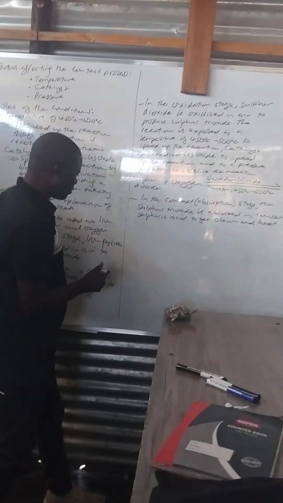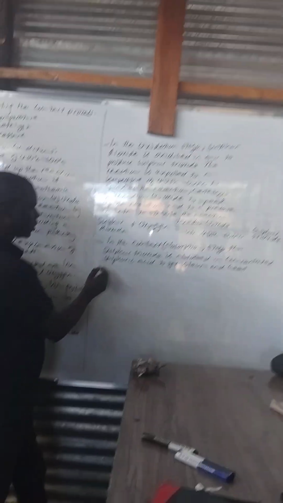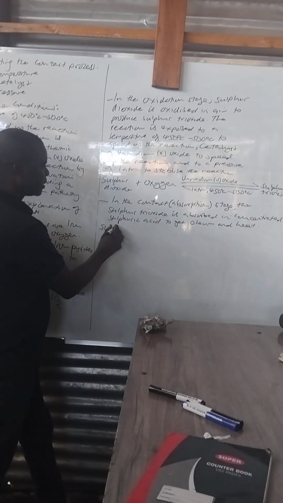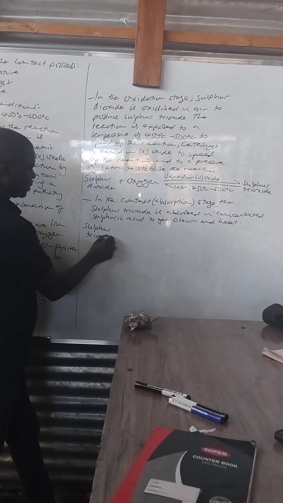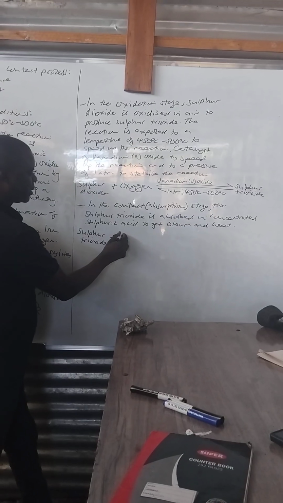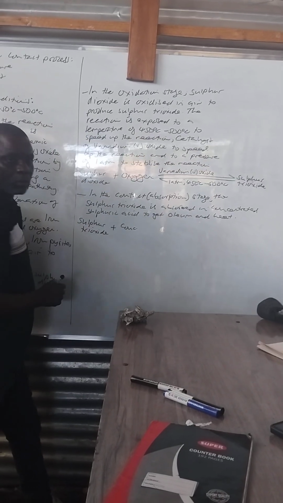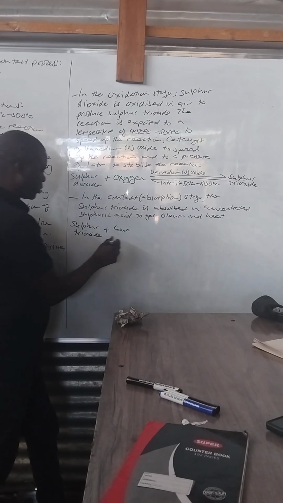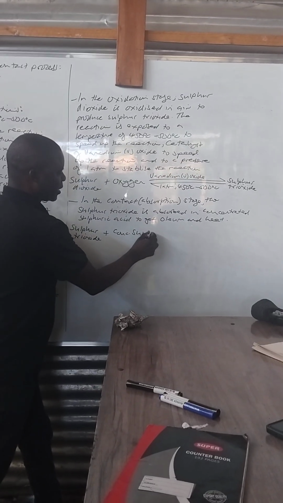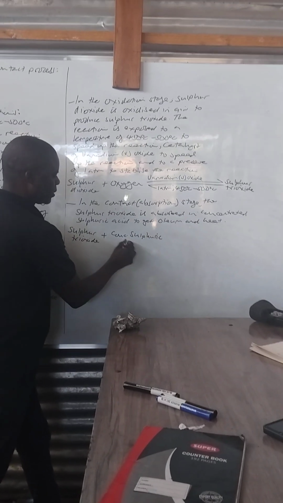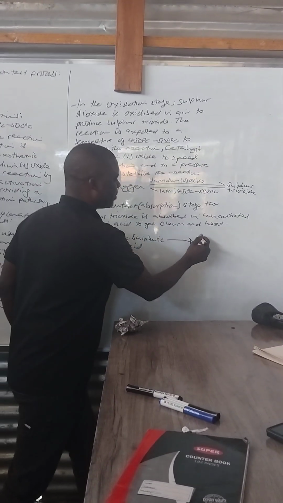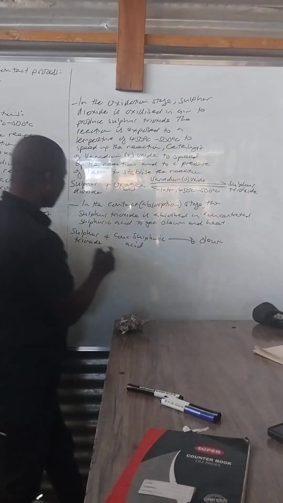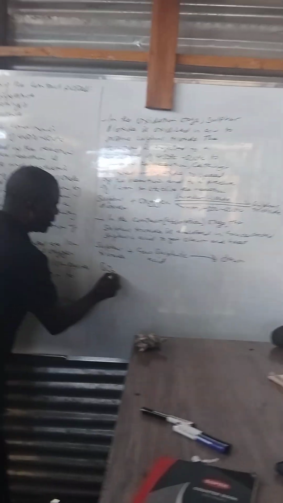The equation: sulfur trioxide plus concentrated sulfuric acid gives oleum. You can also put chemical equations here with chemical symbols: SO3 plus